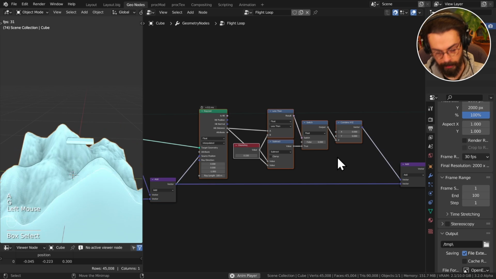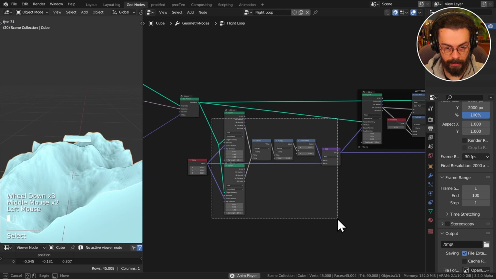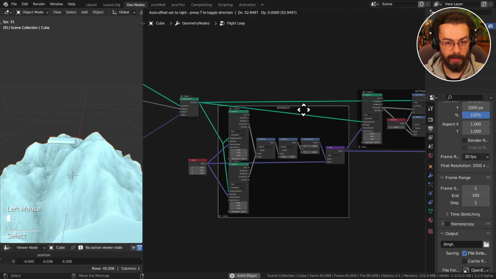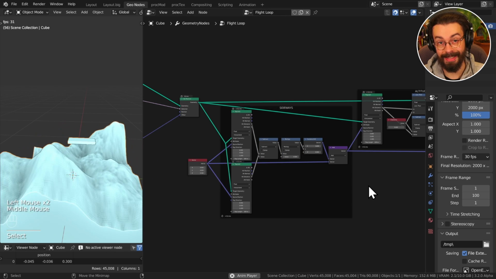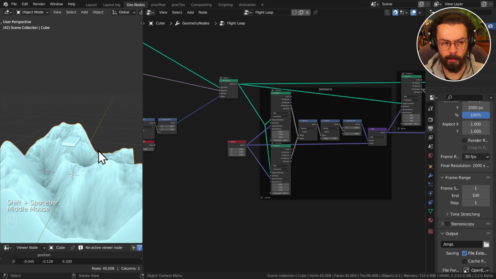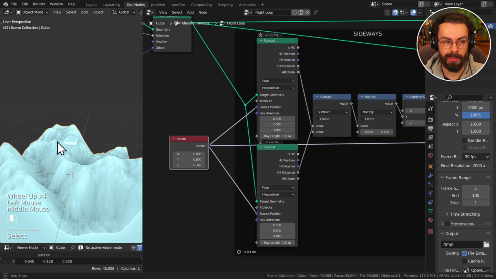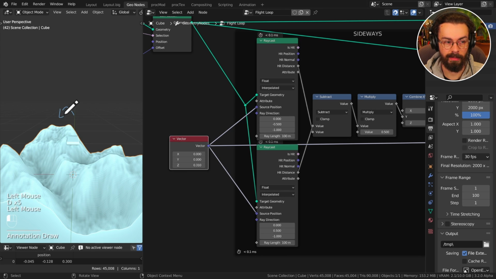Smooth it out. I'm going to frame this up. So this is going to be our altitude. And this first one is going to be our steering. We haven't actually got our tilting done yet. So tilting is our next part, and it's really easy to set up, but we need to think about what we're doing here. We do not have a method to get the previous frame's information. We can't hold it on one frame and then when we go to the next frame loop, call that information back. What we can do, however, is we can use a vector which is positioned behind our